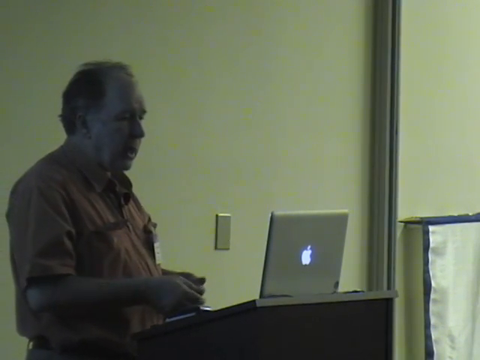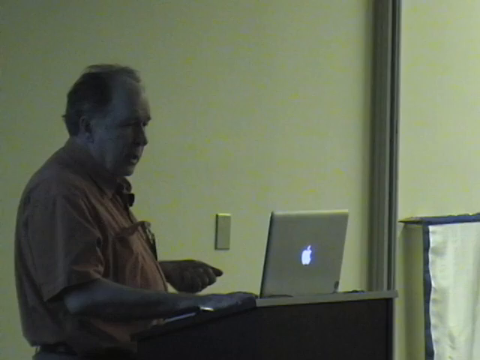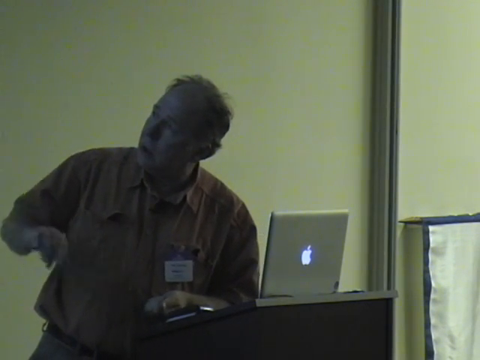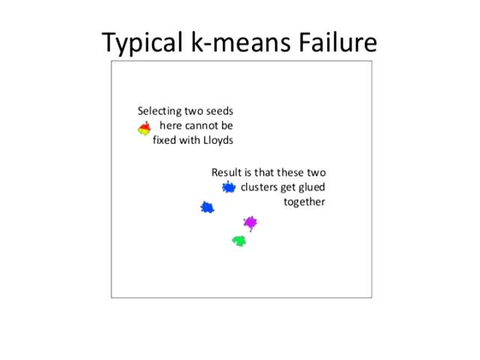Even on very highly clusterable data, it does things like this. This is the results of a real k-means thing. And so it says, oh, there's 5 clusters. Good, doing good. But it says the 2 blue clusters are 1 cluster, and it says the red and the green up in the upper left are 2 clusters. Now, this is stupid. This is bad.